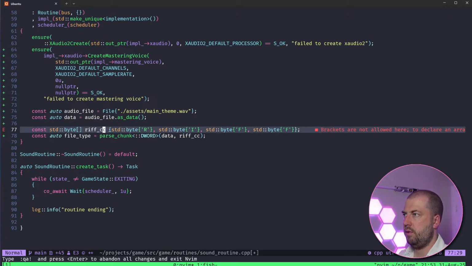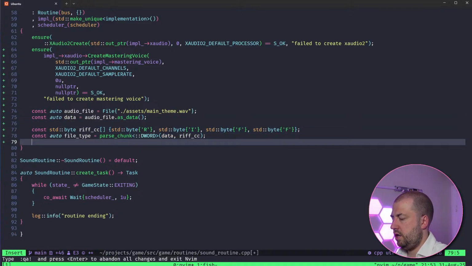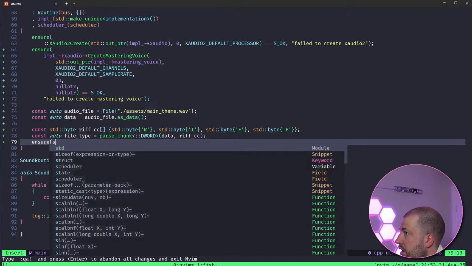Brackets. Oh, hang on, you're right. I don't know how C++ syntax works. And then I should be able to ensure that, what does it want? WAVE, presumably.